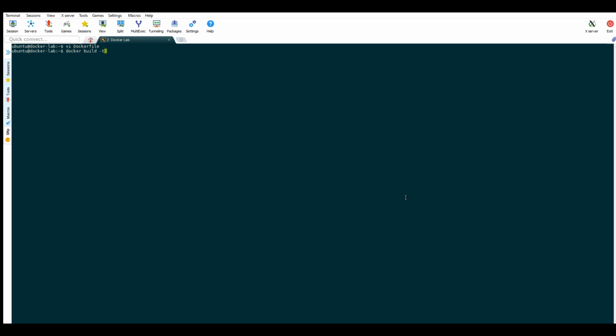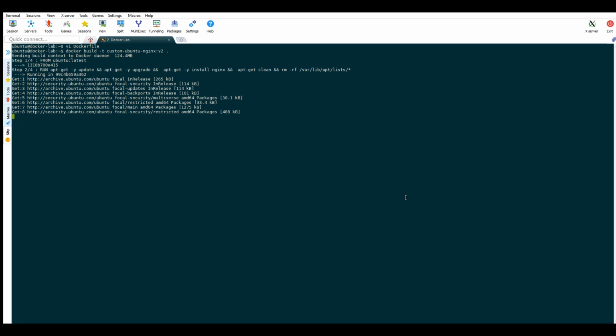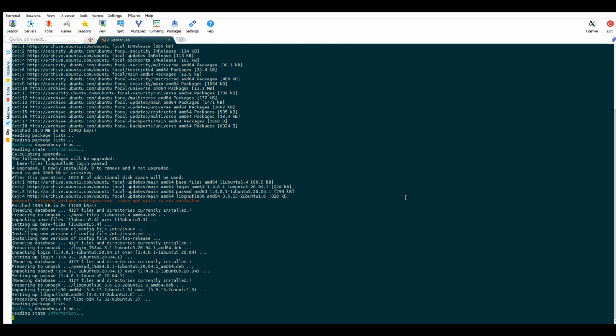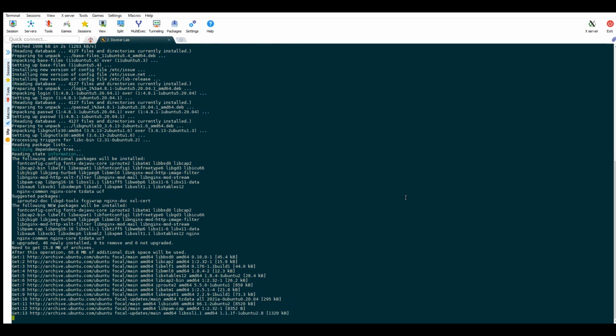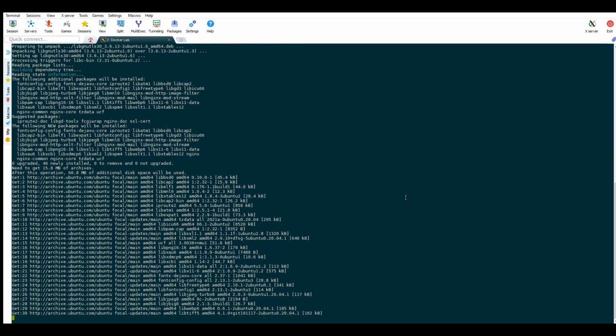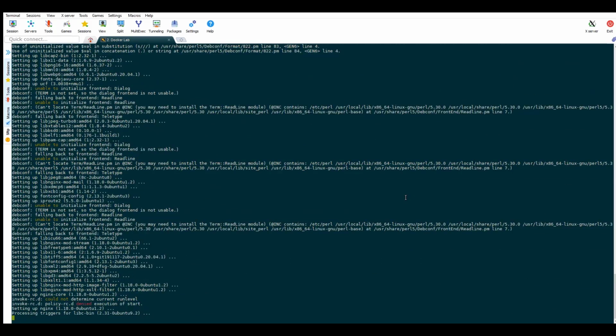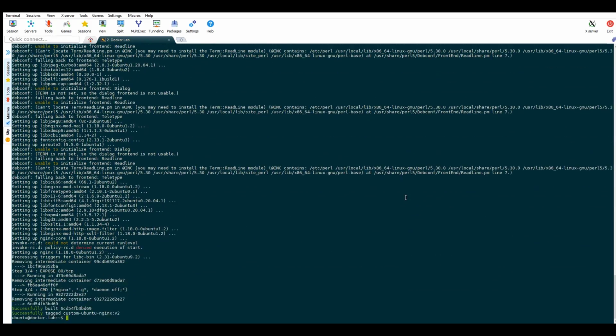We run the docker build command again to create the new image. Our image build has started, but as you can notice, instead of 6 steps we now have 4 steps. So there should be 4 layers created. We pause the video for the image build to complete.